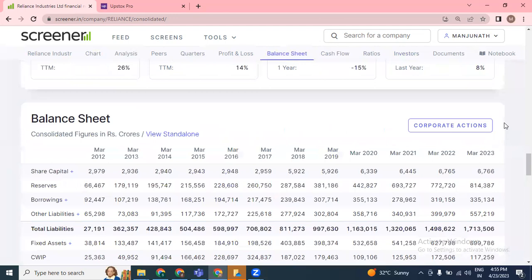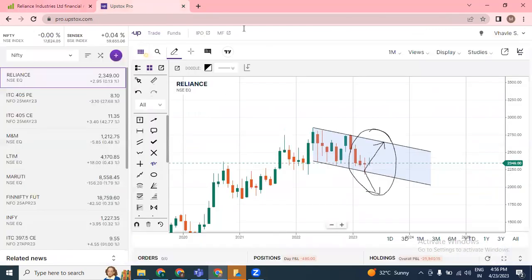Okay, so looking at this as an immediate effect, what will happen? The results are good, PAT is good, everything, but to what level will depreciation impact? To what level will interest impact? These two things we'll have to understand, how exactly investors will behave after the con call. So let's wait for the con call.